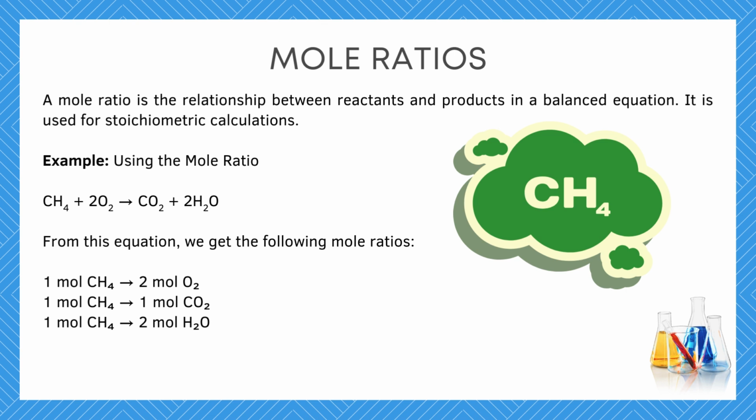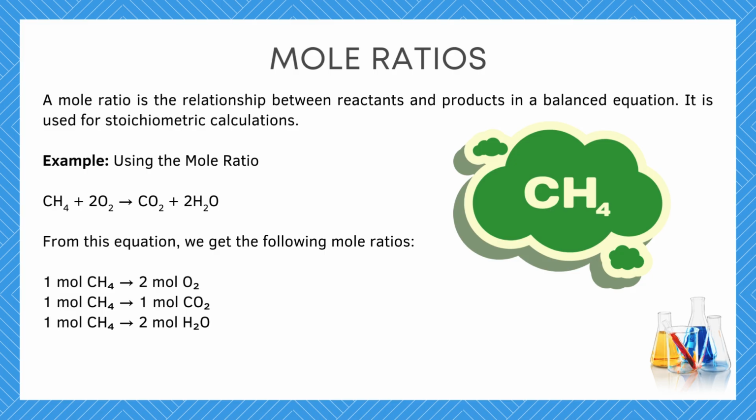Using mole ratio, look at this equation on the left side of your screen. You can see methane, CH4, reacting with oxygen, O2, to produce carbon dioxide and water. Now, from this equation, using this mole ratio, we can see the following. First, 1 mole of methane, or CH4, reacts with 2 moles of oxygen, O2. We can also say 1 mole of CH4 produces 1 mole of CO2, or carbon dioxide. 1 mole of CH4, or methane, produces 2 moles of